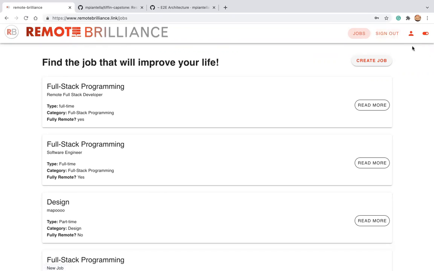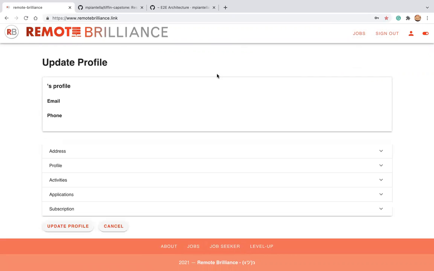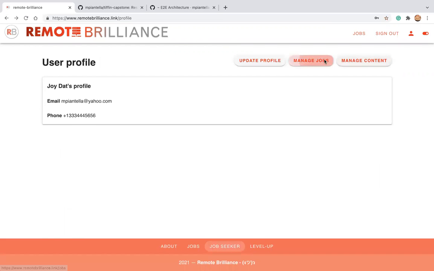Now, the only glitch that you will see here is that I configured Cognito to bring the user back to the profile page. It doesn't quite do that. Another thing I don't have working right now is the update page, but ideally this would bring the user here, and the fields collected by Cognito cannot be changed, only address and other things of that sort.